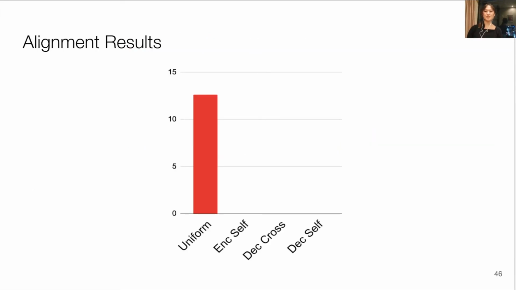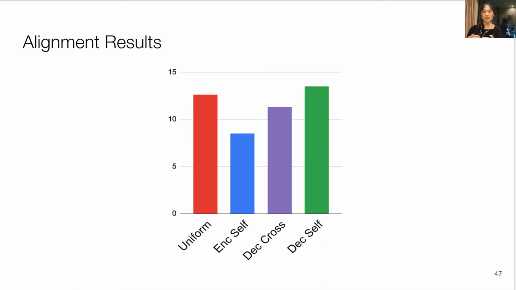So using this metric, we compare the alignment score of a uniform distribution with the alignment score of our model attention. And for the model attention, we measure alignment with SCAT for the encoder self-attention, the decoder cross-attention, and the decoder self-attention. We find that the alignment between the encoder self-attention and SCAT is slightly better than the alignment score of a uniform distribution, but attentions in the decoder layers especially have very low alignment, and in general, context-aware translation models do not seem to pay attention to the relevant context.